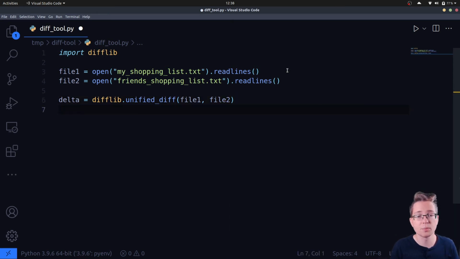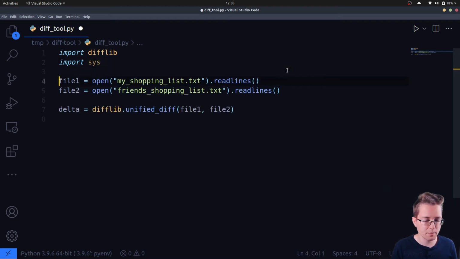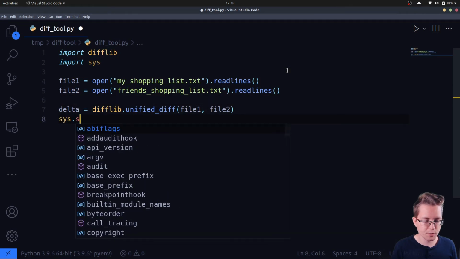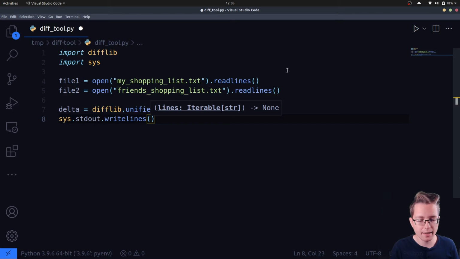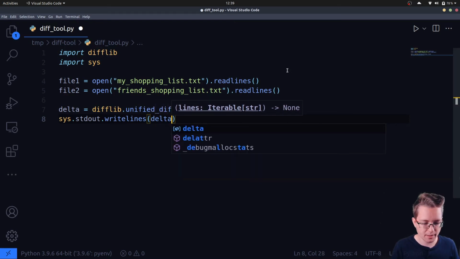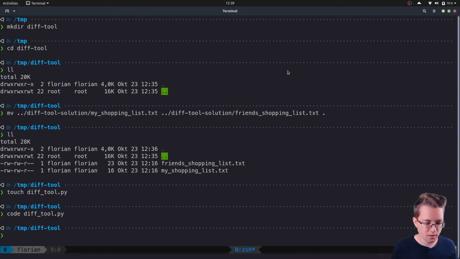Last but not least, I also want to print it to the terminal, and therefore we also import the sys module from the standard library, which provides a convenience function which is called writelines, which allows us to pass a list of strings to it, which our delta is, and then prints each line to the terminal. So pass in delta over here,